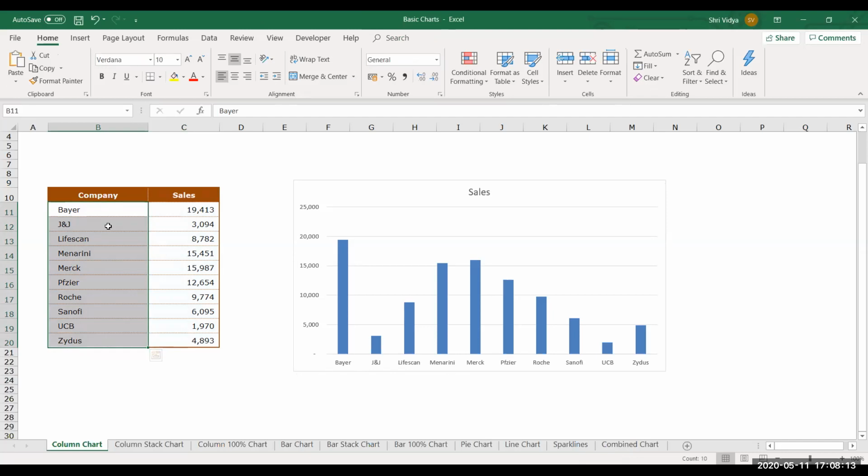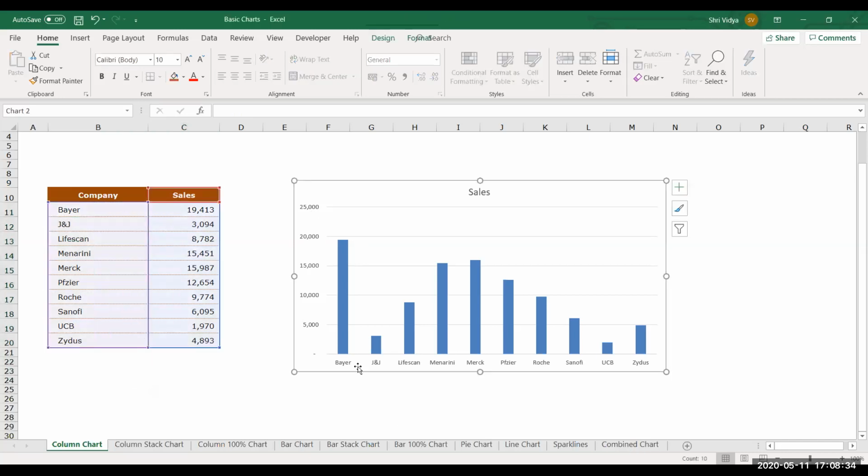You can use it as a label against which you have some values to be plotted. These numeric values are the ones which will decide the length of the column you have on this chart. For a column chart, the values are plotted on the y-axis and these values are given on the x-axis.